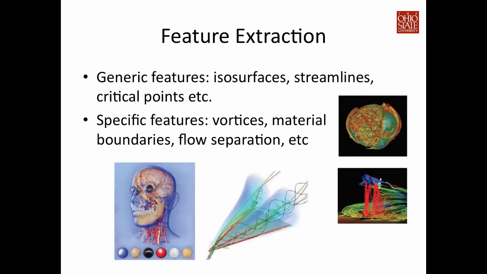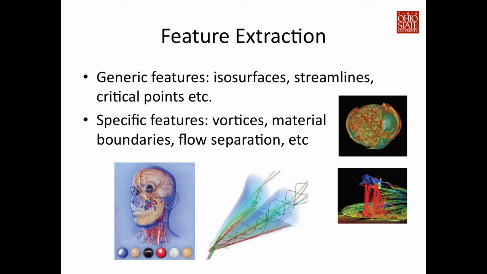A lot of time, it is difficult to visualize the data directly. And also, the user might be only interested in some specific features. So feature extraction is a necessary step in the whole visualization pipeline. Typically, we can have generic features, such as isosurfaces. For vector data, we can compute streamlines. Also, the user may want to find critical points, which represent, for example, the point that has local minima or